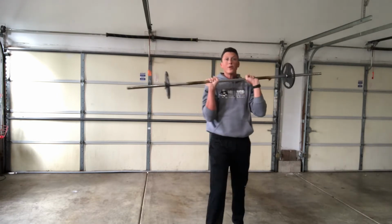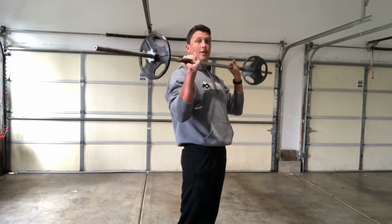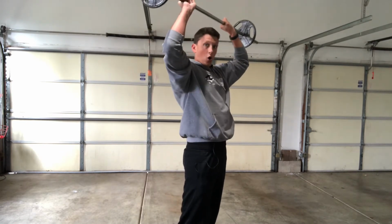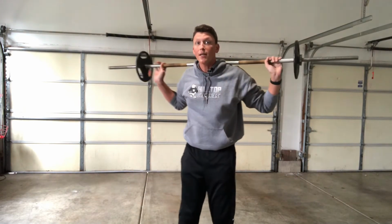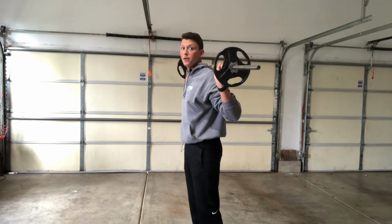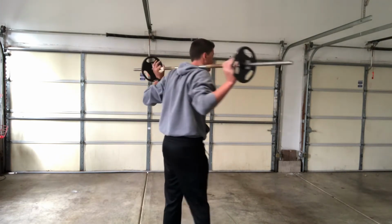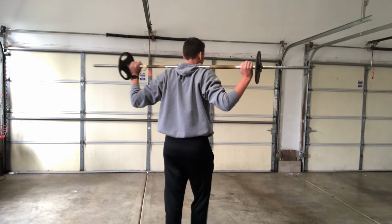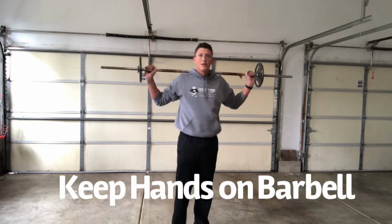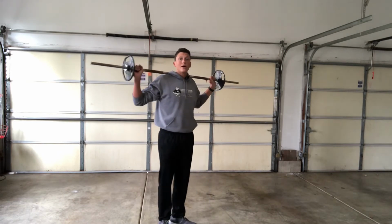Okay, the next one we want to do is our squats, but watch what I have to do. We want to be careful with this one. I lift it up, over my head and behind me, and I'm resting it on my shoulders now. So I've got the barbell rested on top of my shoulders, and I've got my hands still holding the bar for support also. So I've got it rested on my back,